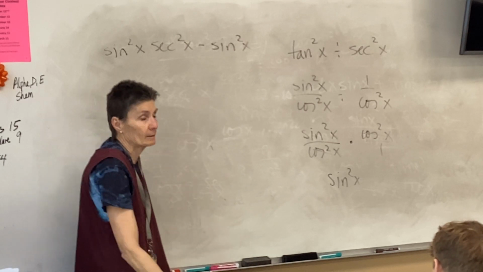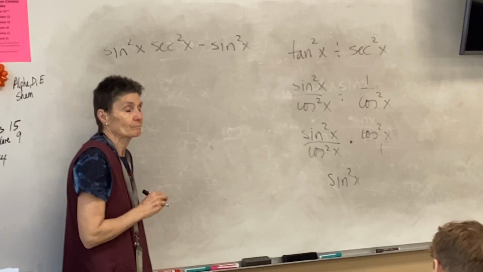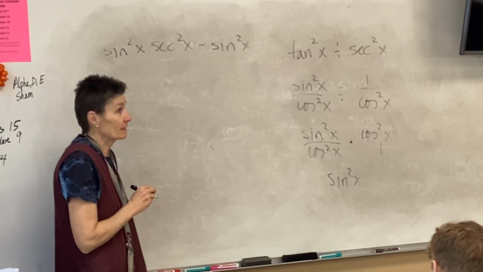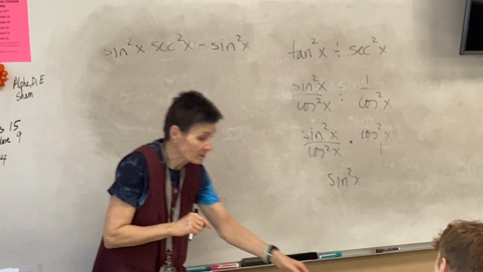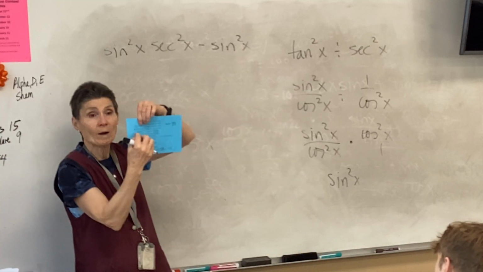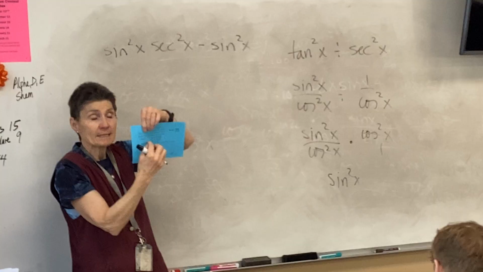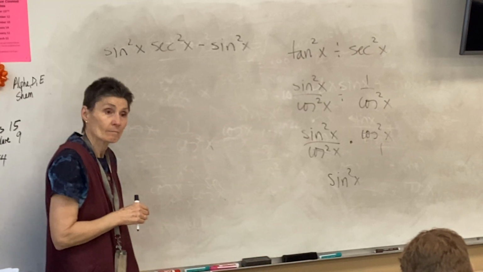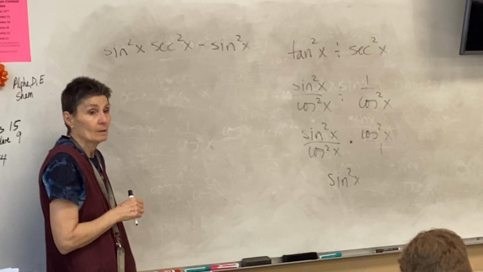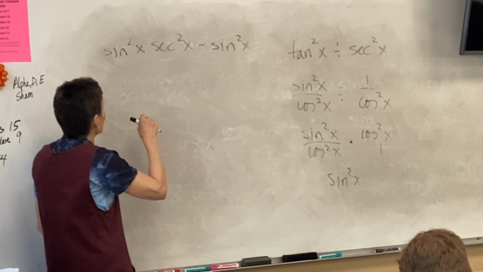Do you notice anything? I got some squares, and as soon as you have squares, you can start looking at these squared identities here. This secant goes to 1 plus tangent squared. Okay, so,